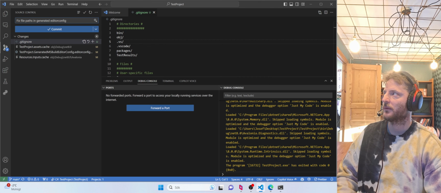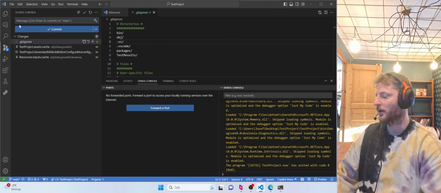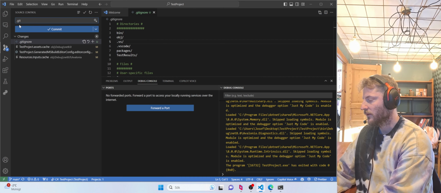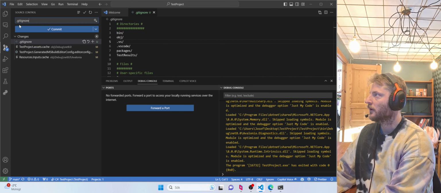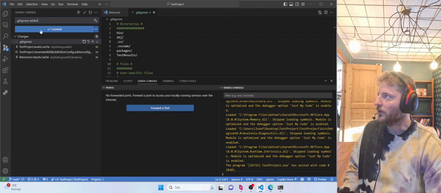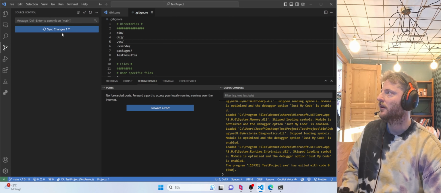This is "fix file passing generated editor config." This is not correct, but could have been. So I will make it ".gitignore added." So I commit this message, and then I will sync the changes. Okay,